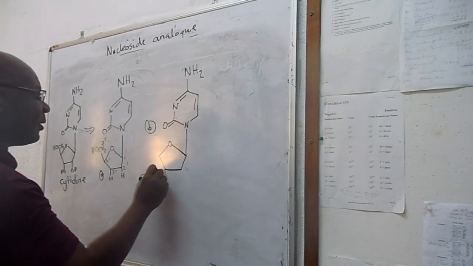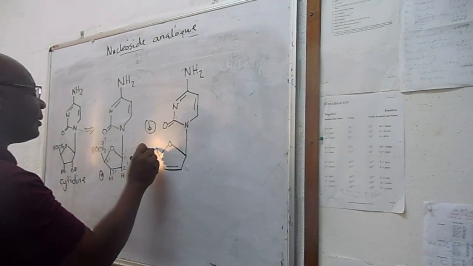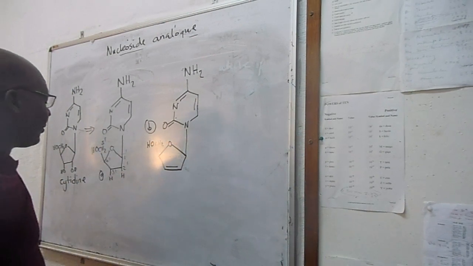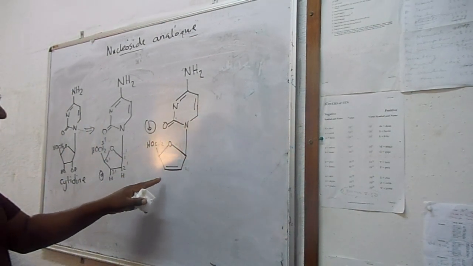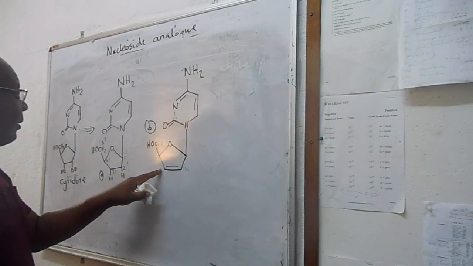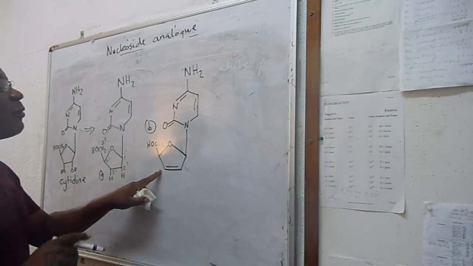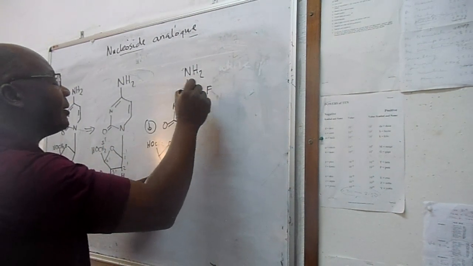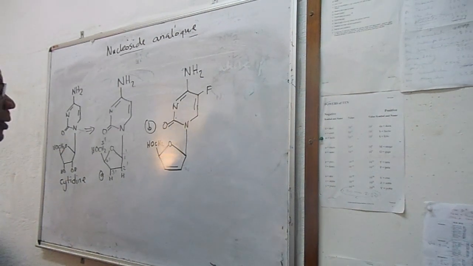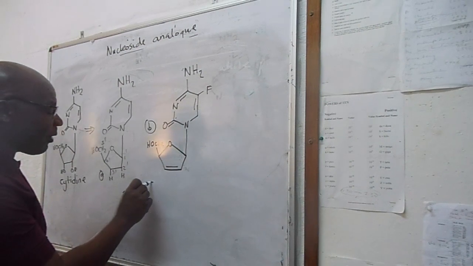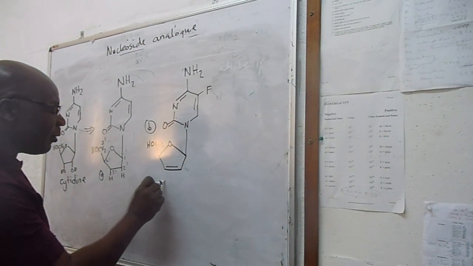So this is our nucleoside, CH2, and hydroxide. So we've created a double bond. After creating a double bond, we further put a phosphorus here. Okay. So, in other words, we have created at the 5 position,